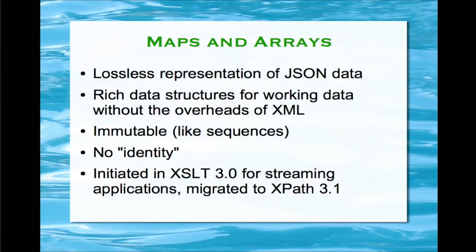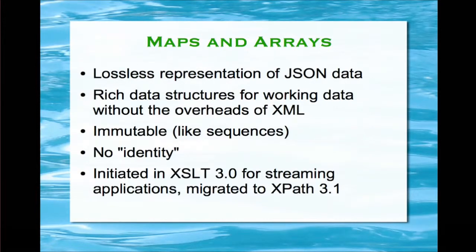And the concept of identity, which I've put in inverted commas because there are some people on the working group who object to me using the term identity. When I use it, I mean it in the sense that nodes have identity and objects have identity, which means there's an operation to create a node that creates a new node which is distinct from any other node, which means it's not a purely functional language, because if you call the same function twice, you get 2 different nodes back, which means that calling a function twice produces different and distinguishable answers, which means it's not a pure function, which gives you a lot of difficulties in the semantics of the language as a result.